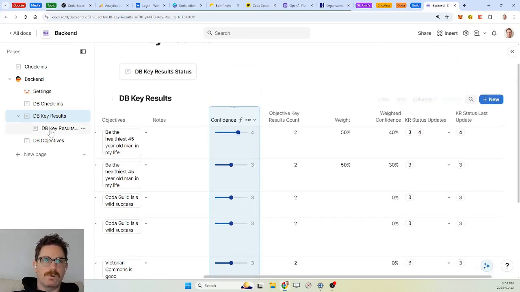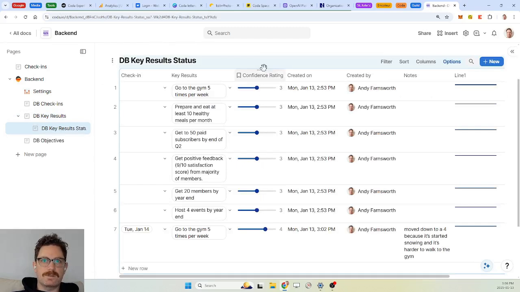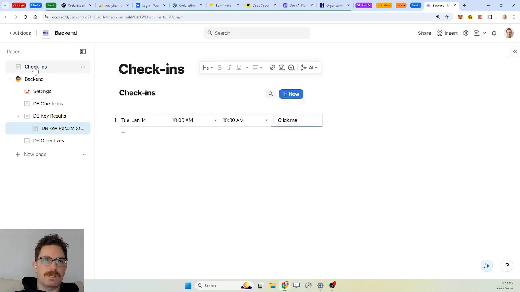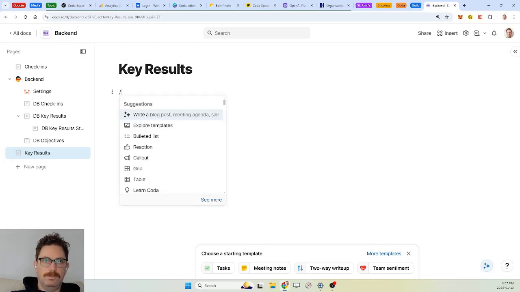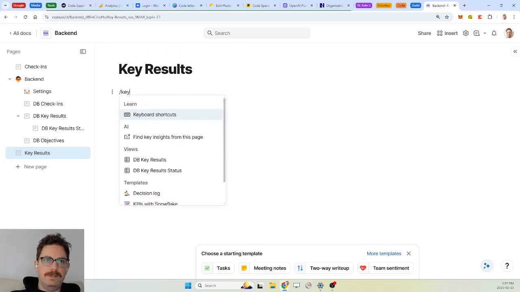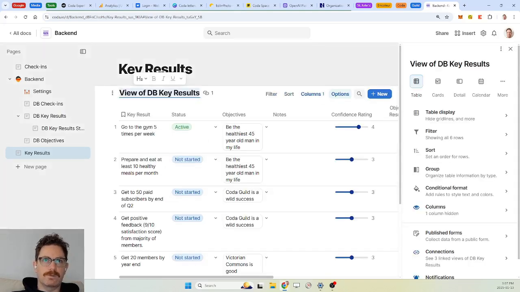You can see this one's a 4. All the rest are 3s because these are all the base level ones. And this is a 4. Okay, so the other thing, check-ins. If I need to make a new key result,